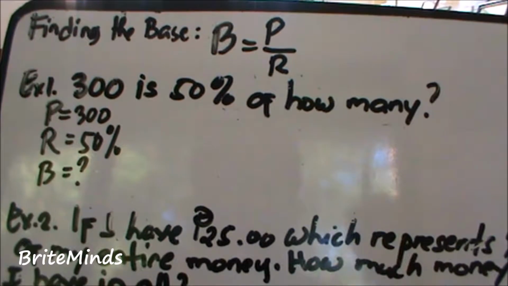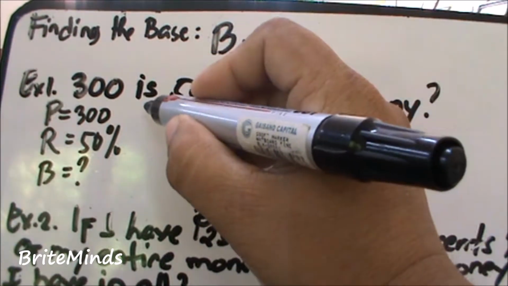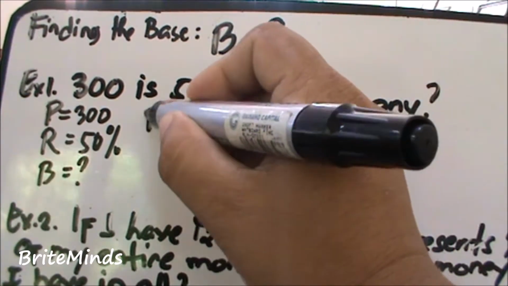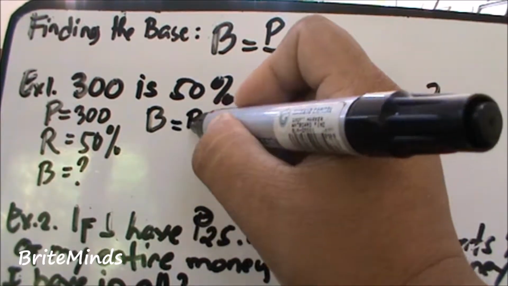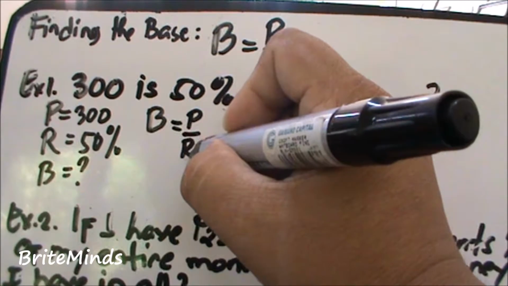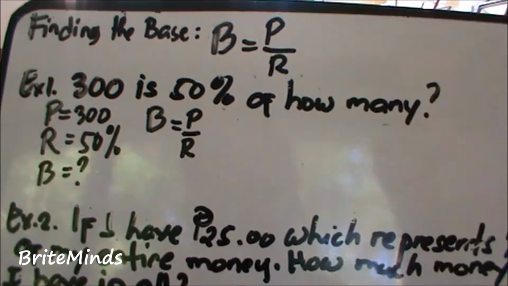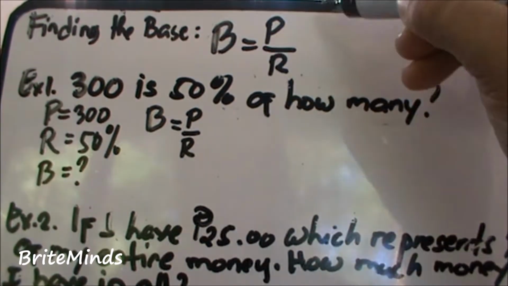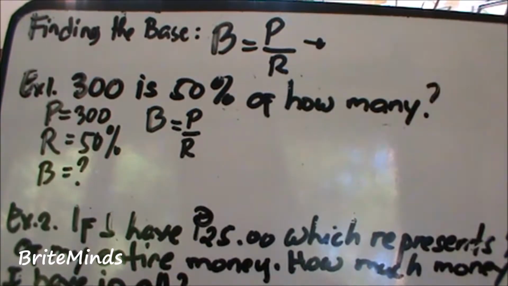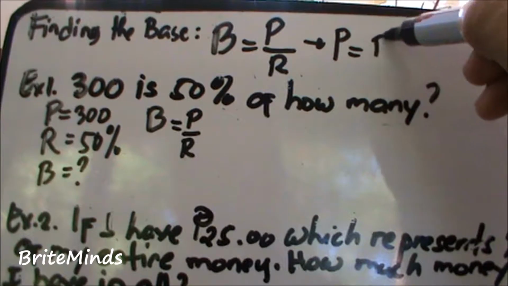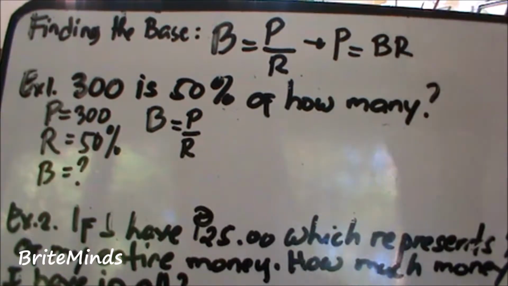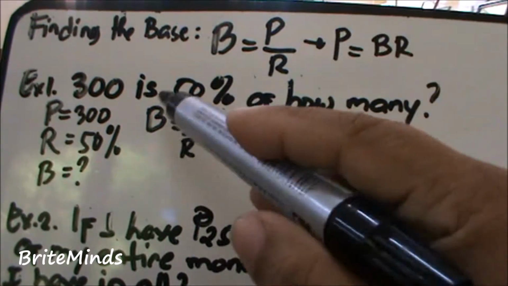So we can use our formula: base equals P over R. By the way guys, this formula is derived from our basic formula, which is percentage equals base times rate. So since base is our unknown,